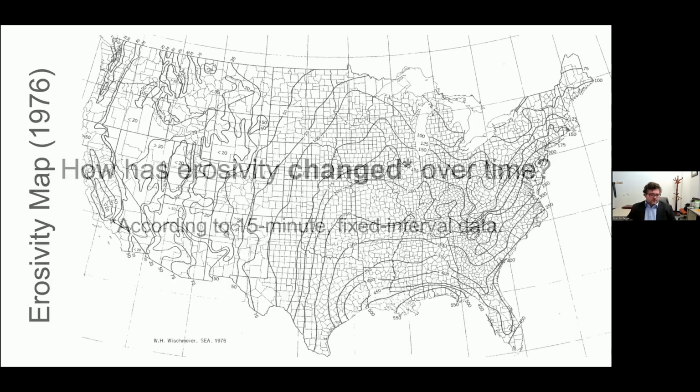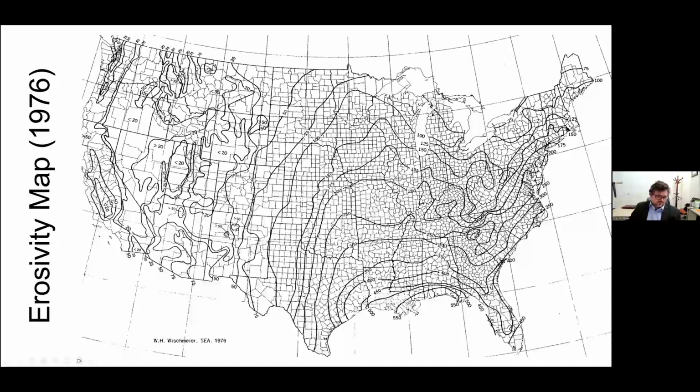something like this. So here's the original map in 1976, and I apologize, this is in English units. If you want to convert, you would multiply these values by 17.02 to get it into the SI units that I'm about to show you on the next plots. But you can see that generally in the southeast, it's the greatest, and it moves over towards the west coast and the northeast and decreases. And then there's an exception in the California and Washington, Oregon Valley here that you get an increase in erosivity on the mountain sides, okay?